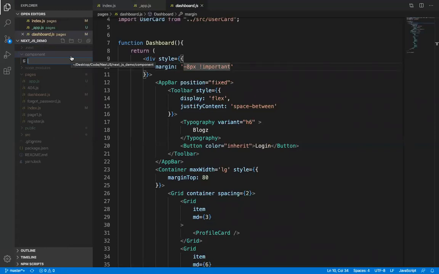So what is the difference between the component folder and the src folder? Inside the src folder we'll create components for specific pages. Suppose we want to create components for the dashboard page, we'll create them inside the src folder. So why do we need a component folder then? Inside the component folder we will create universal components. Universal components are like your app bar, navigation drawer, your footer,